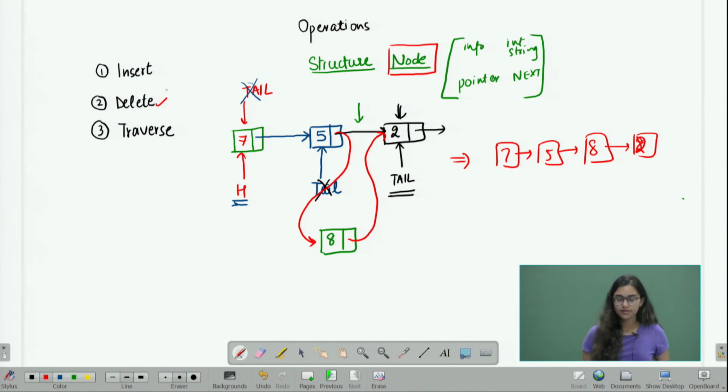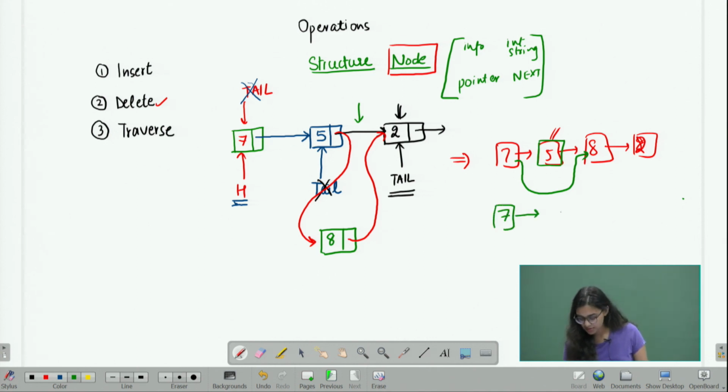For deleting, I can use the same concept. Suppose in this linked list, I want to delete the element 5. So what I can do is I have a next pointer here. I can take this next pointer and point it directly to 8. When I do this, I have no way of reaching this element which is 5. From 7 I will go directly to 8 and from 8 I will go to 2. So my linked list will become something like 7 pointing to 8 pointing to 2. How exactly these operations are implemented, you can look through our experiment and you will understand with the demos and the practices. Traversal of linked lists